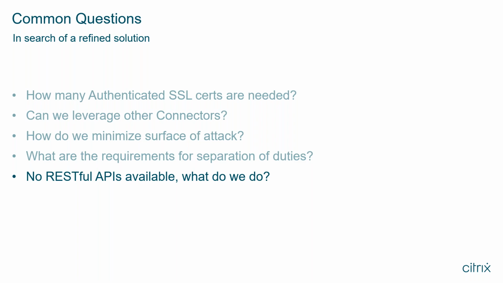So one of the questions is, how many authenticated SSL certs do we need, right? Notice I had one target system, and I already have to use one certificate, right? So that could be a reasonable question to ask. Another question will be, this is the Connect appliance for micro apps, but how about the CVAD service? I have another connector for that, right? How about Citrix Files and so forth? How about Citrix ADC integration? Can we leverage other connectors?